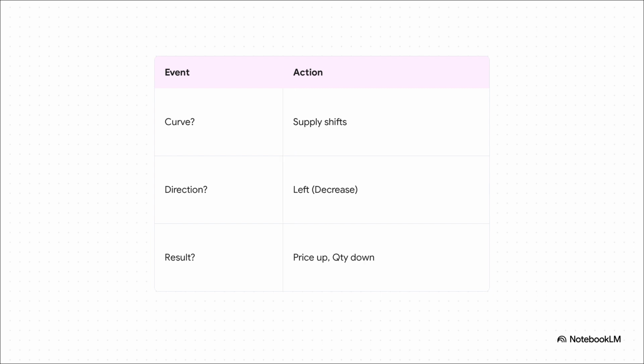Okay, let's try another one. Event. A global shortage causes the price of sugar to absolutely skyrocket. Step 1. Sugar is a key ingredient and input for making ice cream. So this time, it hits the sellers. The supply curve shifts. Step 2. Because it's suddenly way more expensive to produce that ice cream, sellers are going to make less of it. So the supply curve shifts to the left. Step 3, the result? Our new equilibrium shows that the final price of ice cream will rise for the consumer, but the overall quantity sold in the market actually falls.